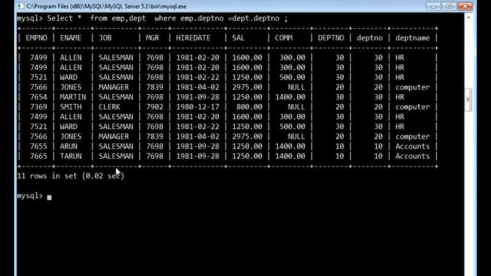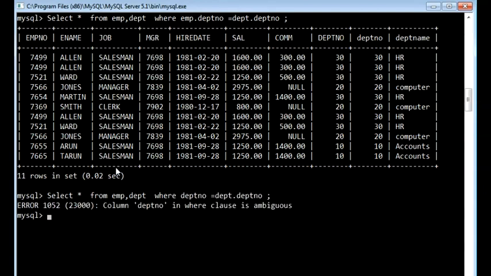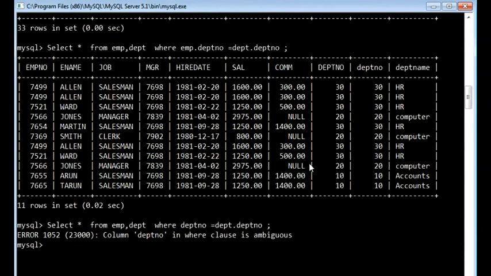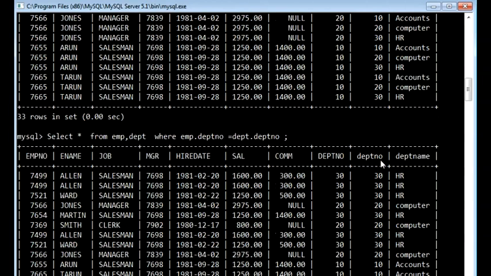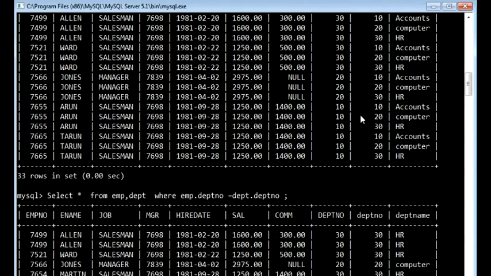Let's see what actually happens if here we do not mention the table name for the particular column. See, an error has been raised: column department number in where clause is ambiguous. Why ambiguous? We are referring to 2 tables, EMP and department, and both tables have department number as a column name, right?